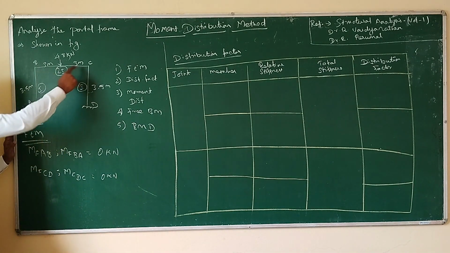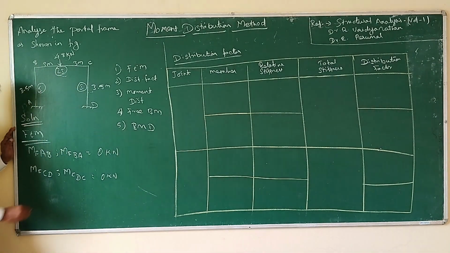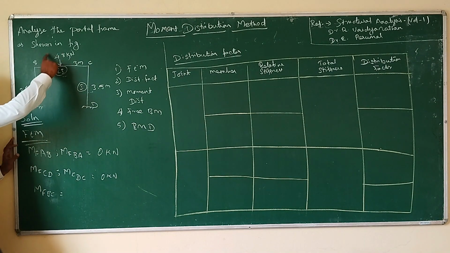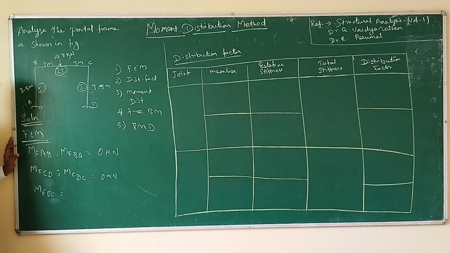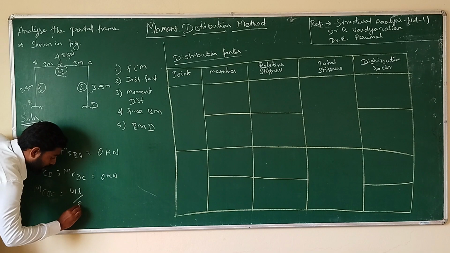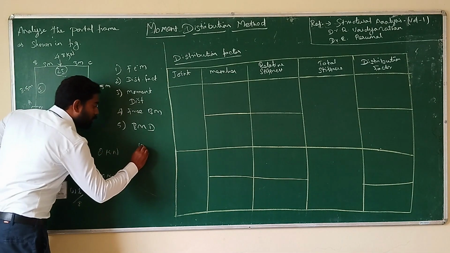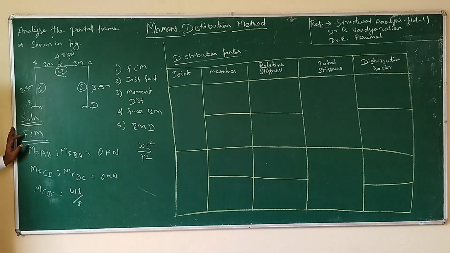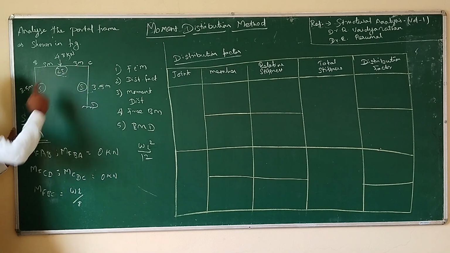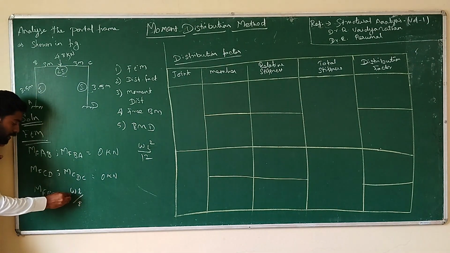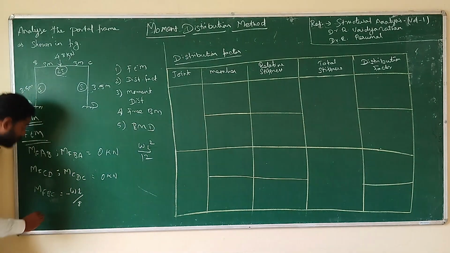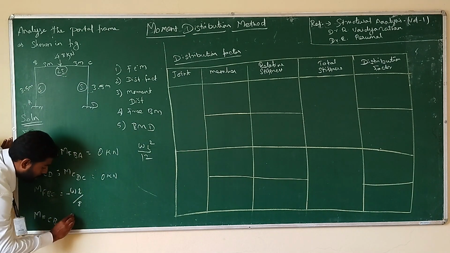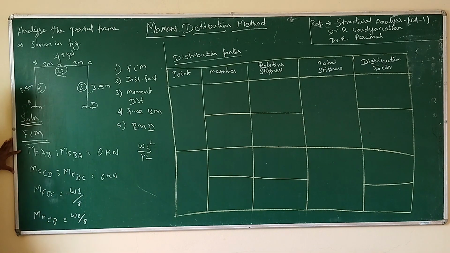Then next, I am going to the beam BC, taking MFBC. For MFBC, there is a loading of a point load. In the case of a point load, the formula will be WL by 8. If there is a UDL, the formula will be WL square by 12, and you can solve using that formula. From left to right, from the start to the end, there will be a negative sign in the formula. And in the same way for MFCB, I use the same formula in the opposite direction, so I won't give the negative sign.